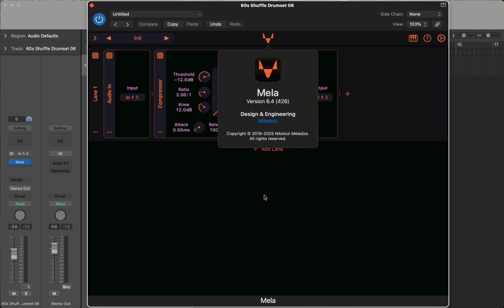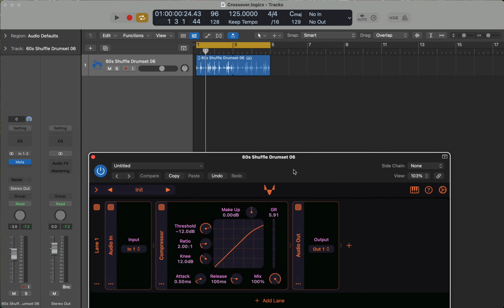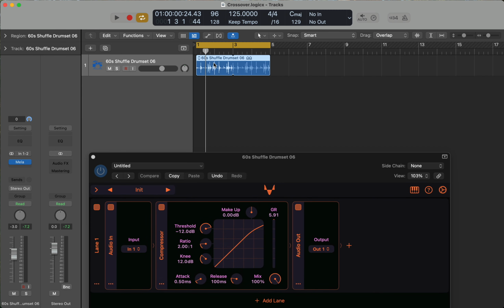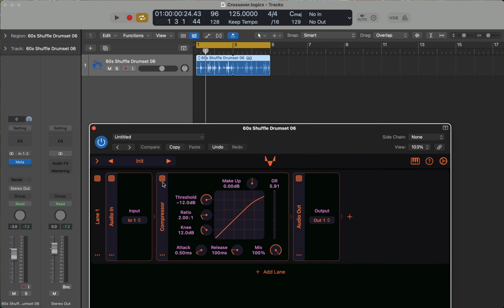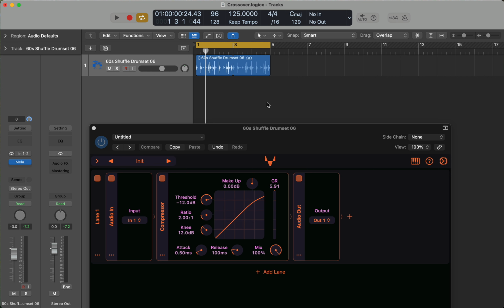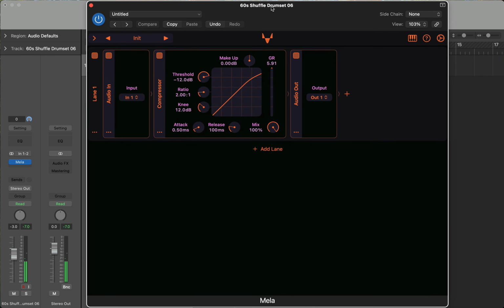Here I have a Logic Pro session running on macOS. I have picked a random loop from the library, and it's just being processed by Mela's compressor, and this is what it sounds like. As you can see, it's applying a subtle compression, but say I want to split the signal and compress high